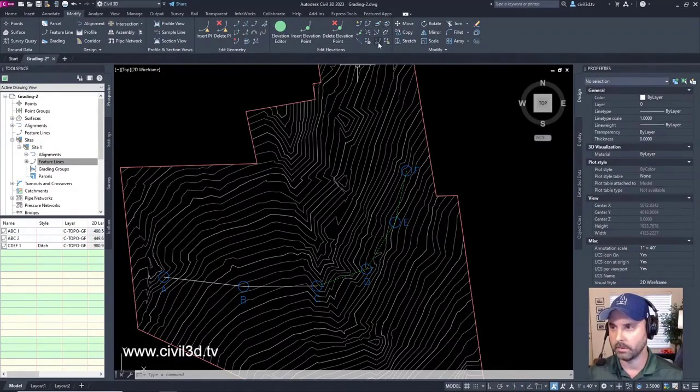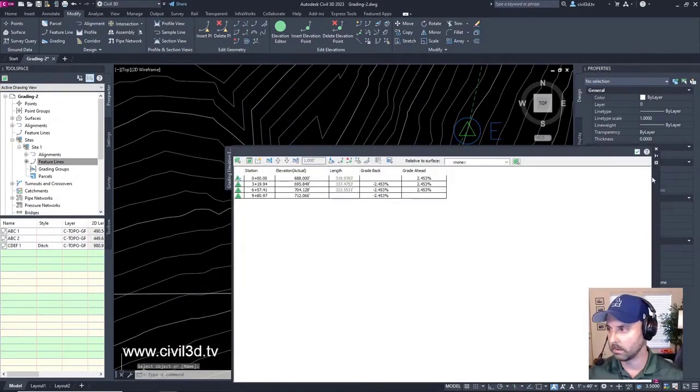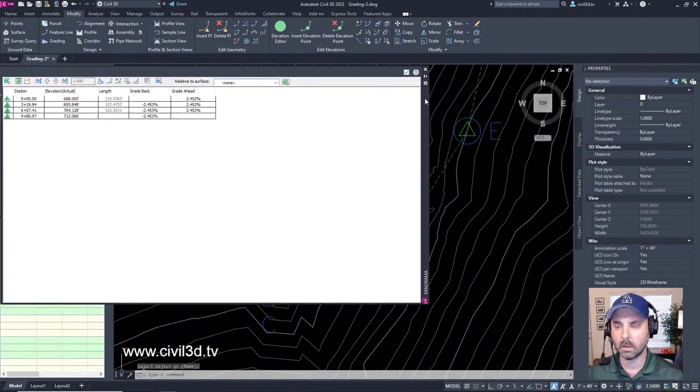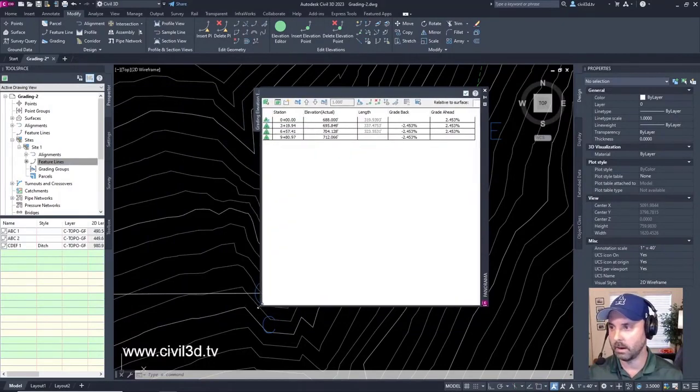We've got all kinds of different options here. We're going to select the elevation editor, like what we were in previously. And we're going to go to C, D, E, and F. We'll select this. We're going to close this down a little bit just so we can see what we're doing here. There it is. Okay.